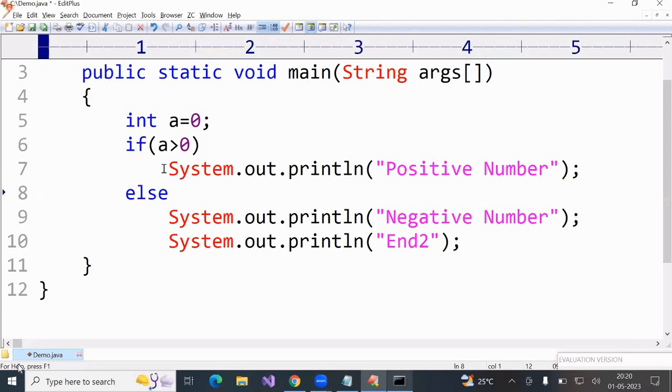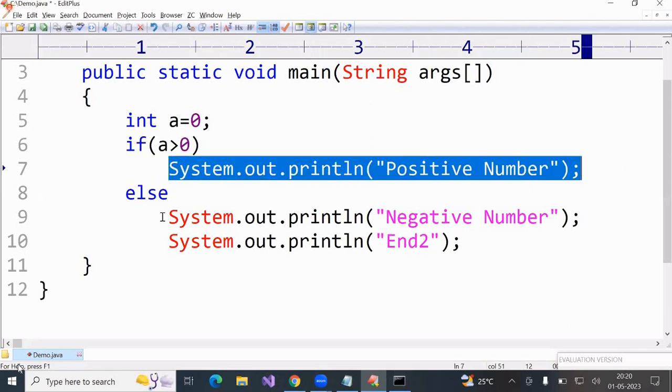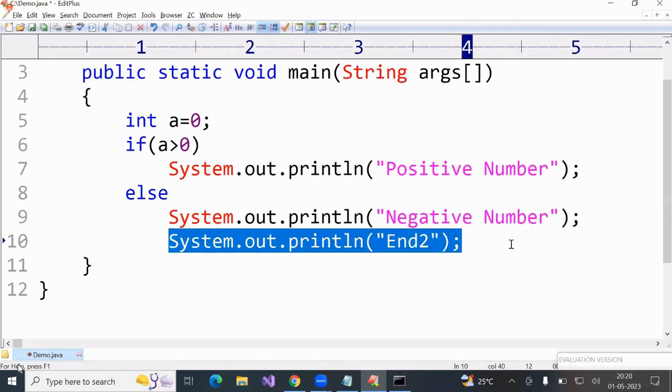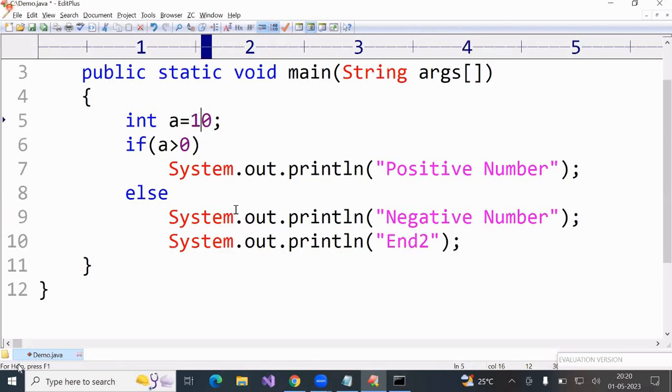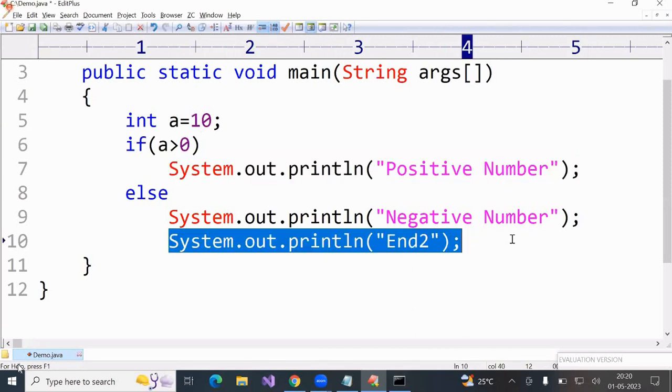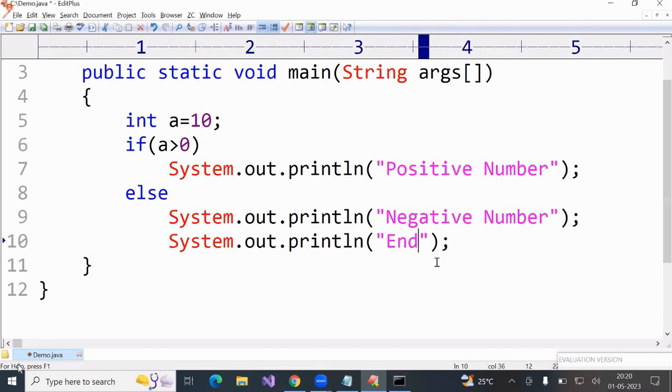Now, this is inside the if. This is inside the else. This is out of if else. This is out of if else. Now, suppose A value is 10. What is the output? Positive number printed, end 2 printed. This end is also printed. It is out of if else. Suppose it is minus 10,